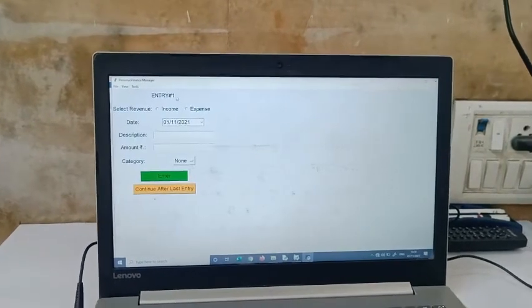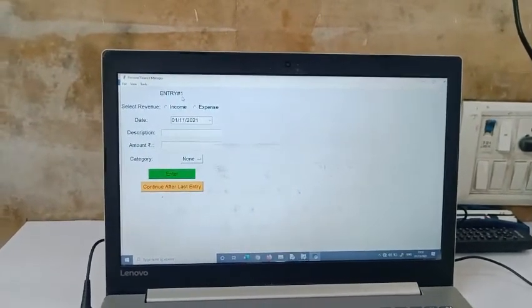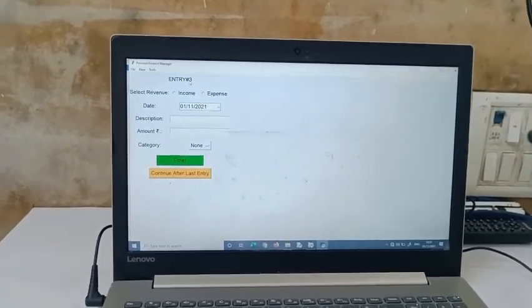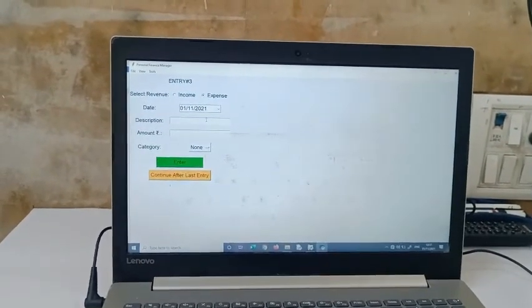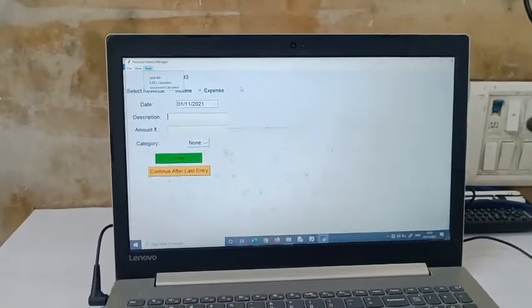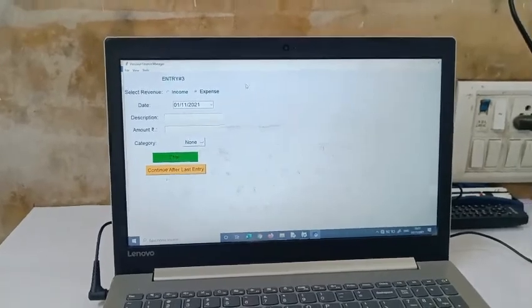You will see it is starting from entry 1, but if you want to continue from the last entry, you have to click here, continue after last entry. It will automatically come to entry 3, and here you can enter other expenses. Okay, so this is the program which I have created. Thank you very much.